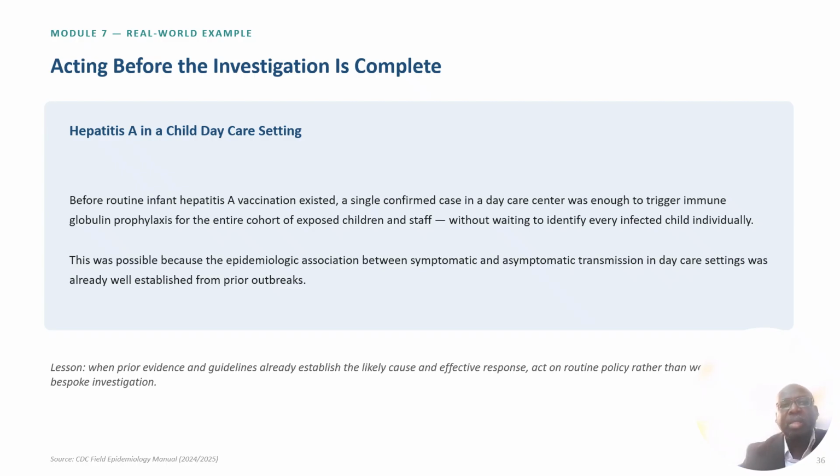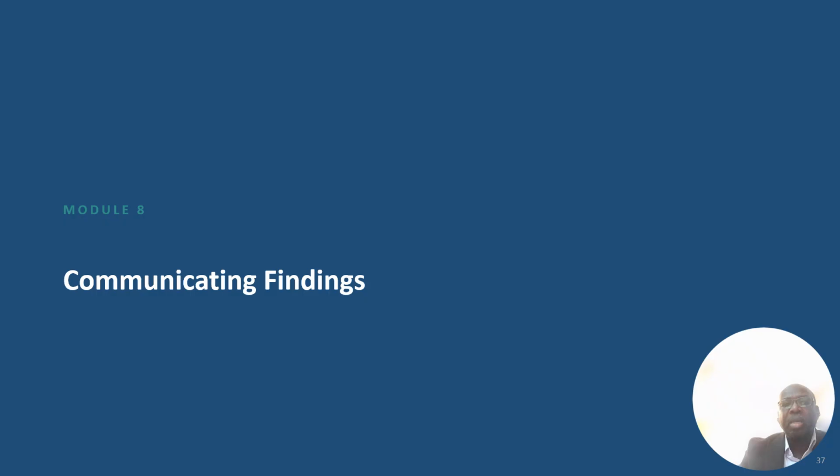So, hepatitis A in a child care setting. This is a scenario of how to initiate your prevention and control measures once only signs and symptoms are detected or an initial diagnosis of the disease is made. That is a good clue, because when we suspect measles, it means we know how the disease is transmitted, and that is the time we have to start putting our plan for prevention and control measures.